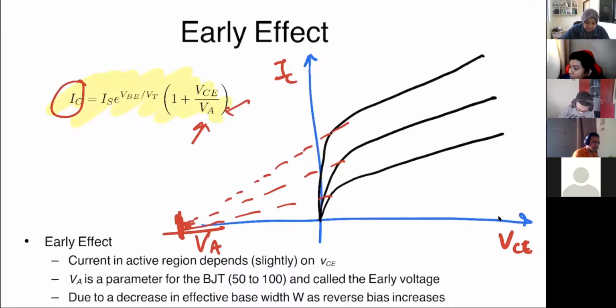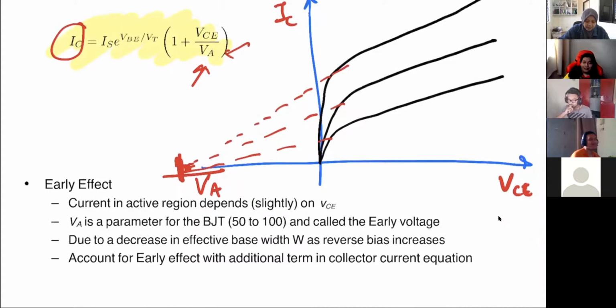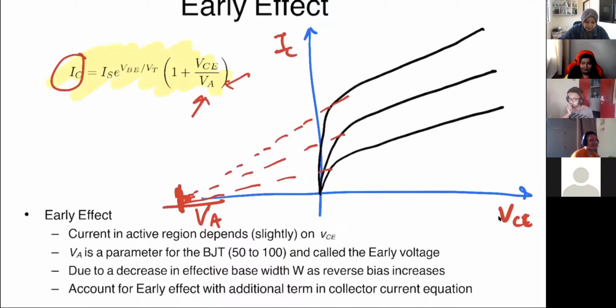So that is early voltage. This early voltage is due to what we call the early effect. So what is the early effect? The early effect basically happens when,